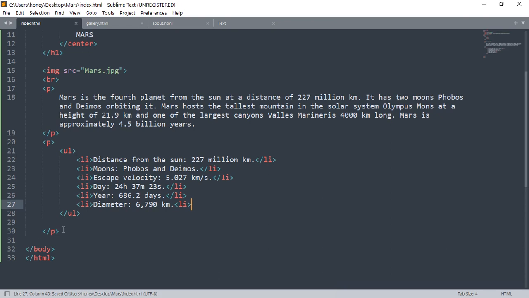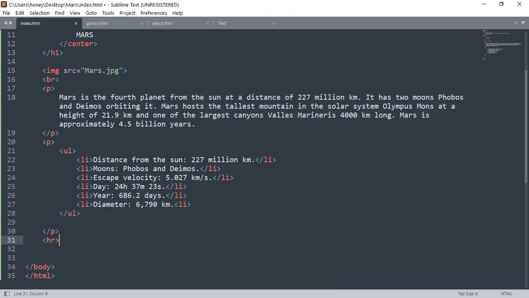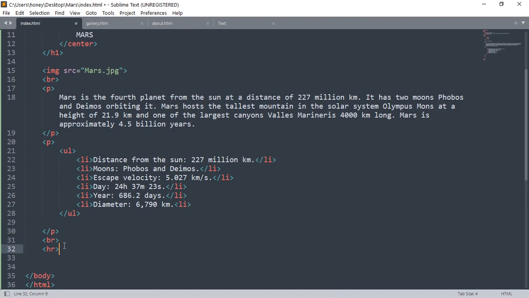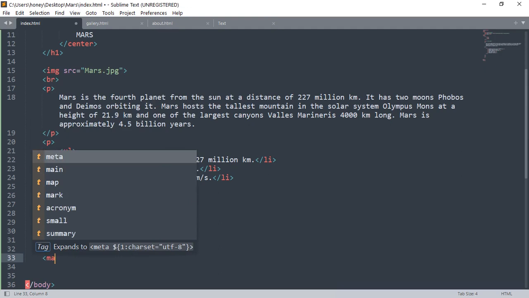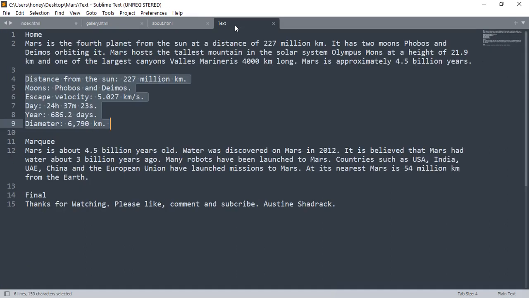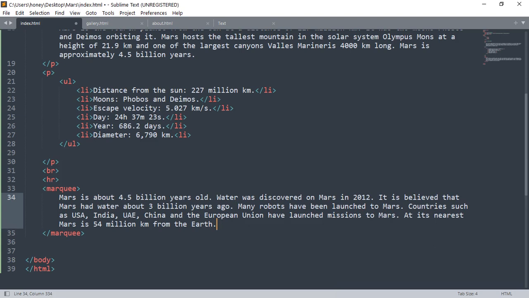And then you save. So after this, we are going to add some text, possibly we animate it. So here I'm going to insert a horizontal line, so that's HR. But before that we need to add a break, and that's the break. And then you're going to add a mark you, so that animates the text. That's going to animate the text. So slash, and within that mark you, I'm going to come back to the text file. I copy this, back to index, over here. I'm going to paste. I'm going to save, Ctrl S, or save your work, and then